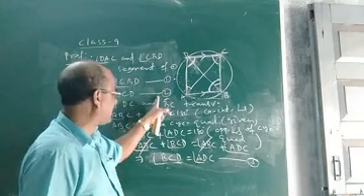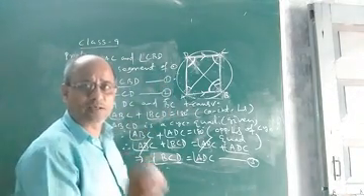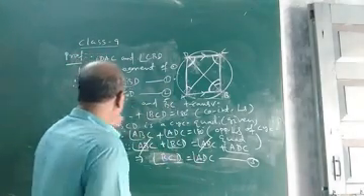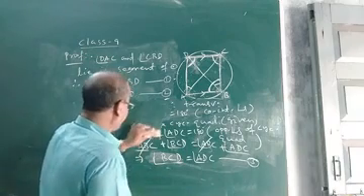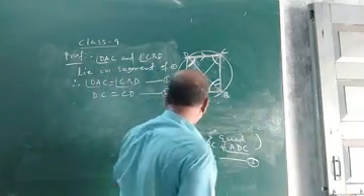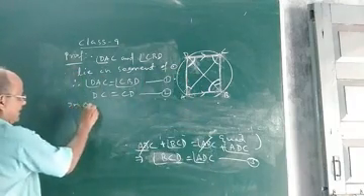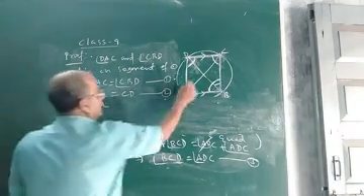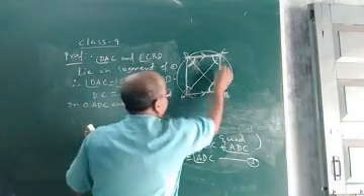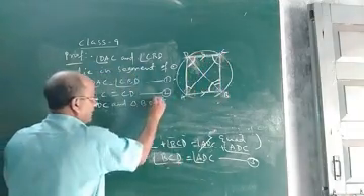Okay, now see children, we got all the three matching parts. This is one matching part, this is another matching part, this is another matching part. Now we have to see which congruence condition these three matching parts satisfy. So what will be my next step? Now I will compare the two triangles. I got the three matching parts. Now I will compare in triangle ADC and triangle BCD. So which are the two matching parts?